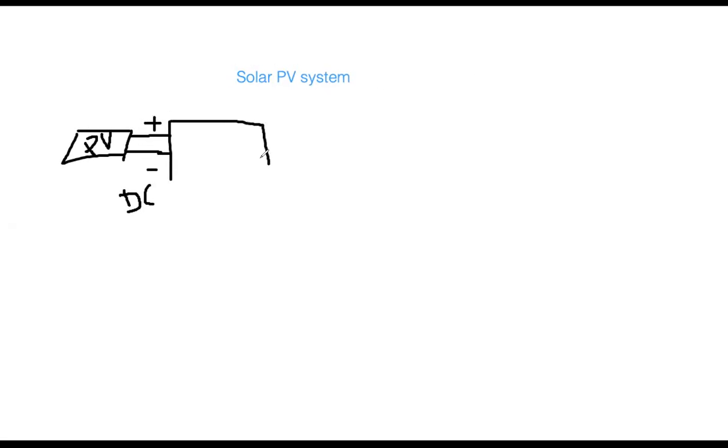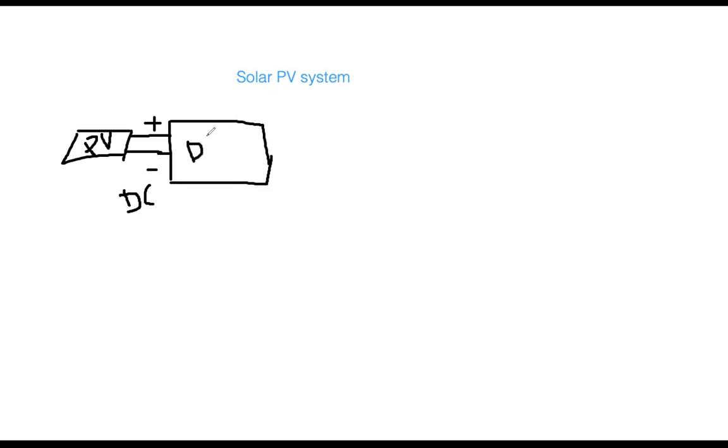Okay, so I'm done. Everybody, first of all, the solar PV system, solar photovoltaic system, how does it look? In the solar PV system, you all know that there is a solar panel. This is that solar panel. And then there is the terminal head. This is plus minus. This is DC, because that PV solar panel produces DC, and right after that it has